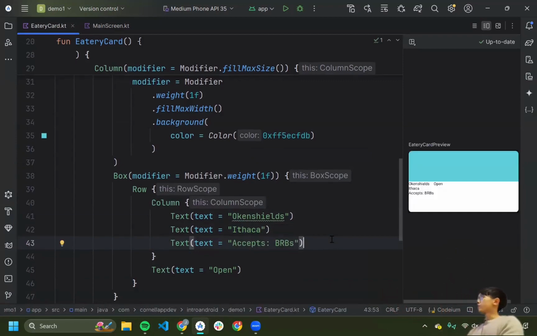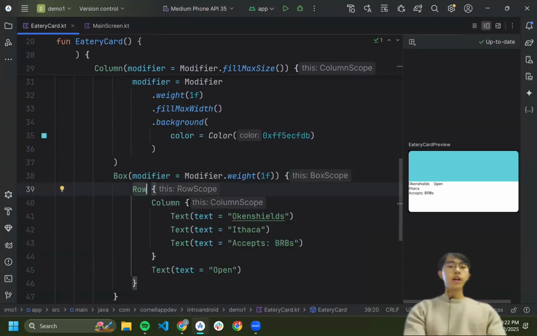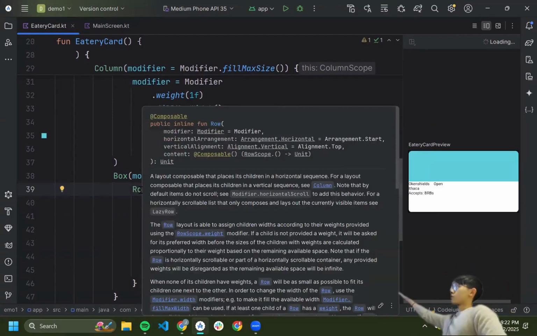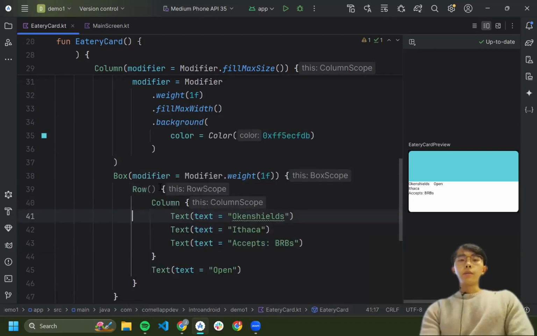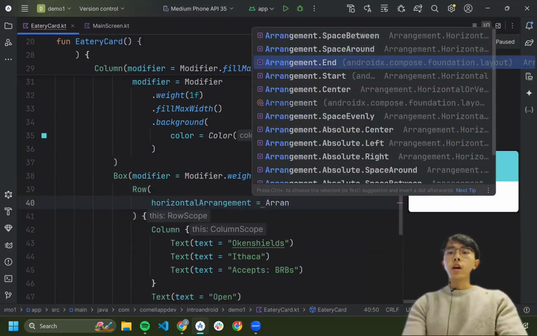So let's tackle this one thing at a time. First off, obviously we want the open here to be all the way to the right, of the surrounding row, correct? So we have the open here, and that is a child of the row. And some parameters of the row tell you how to horizontally arrange elements within it. So if we take the horizontal arrangement here, it's currently set to start. And if we change this over to Arrangement.SpaceBetween,